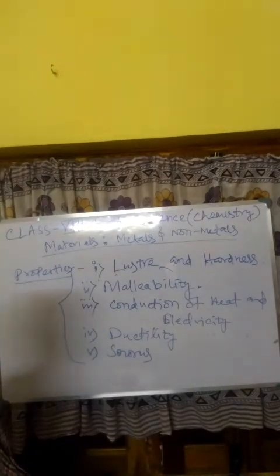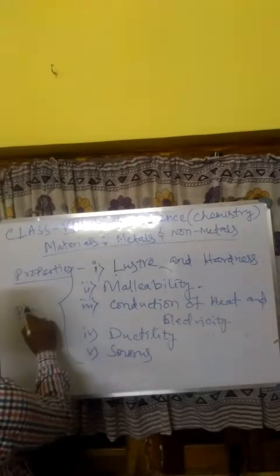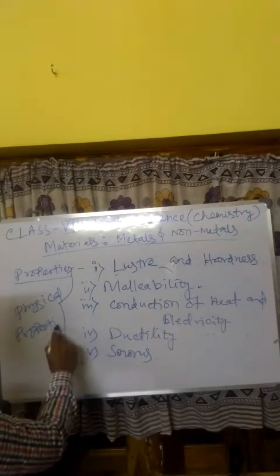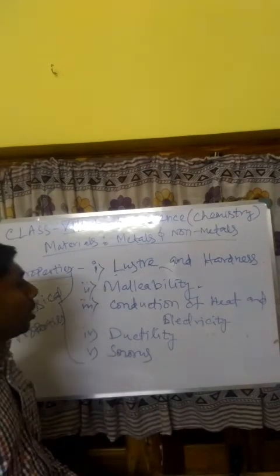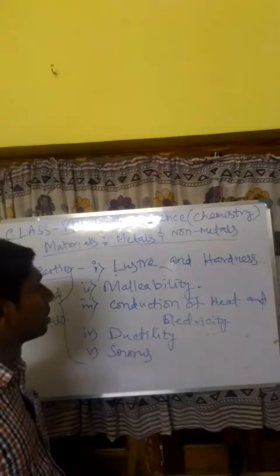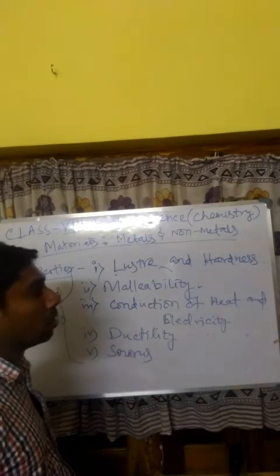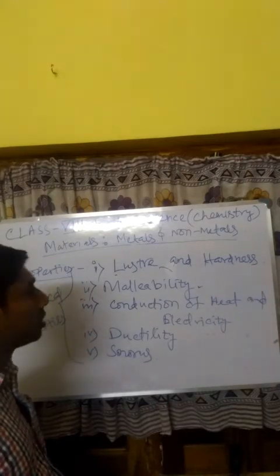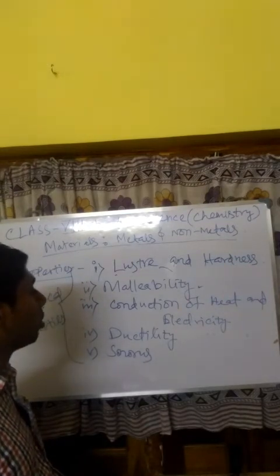So these five are the points which come under the physical properties of materials. First of all, we can differentiate using some physical characteristics, that is luster and hardness. Lustrous is a shining appearance, and hardness is how hard it is, or what the binding is between these materials. Next one, that is malleability, which can be easily shaped. Here we find that metals can be shaped easily, but non-metals cannot.